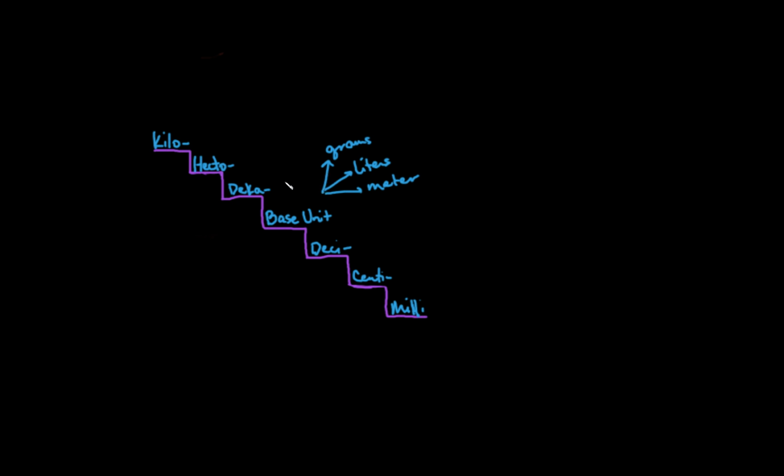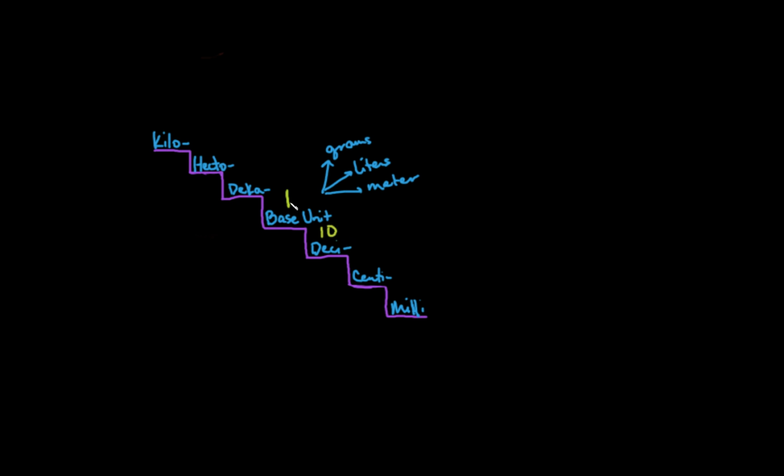Let's say that we're talking about 1 gram, right? So we're talking about a number 1 here. It's 1 gram. Well, to figure out how many decigrams are in 1 gram, we're going down the staircase one step. That means we multiply by 10, or we add one zero. So there would be 10